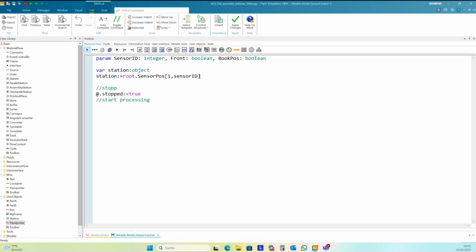This is new in 2404. We can start the processing on a machine without having one MU on the machine, with the method enforced processing.